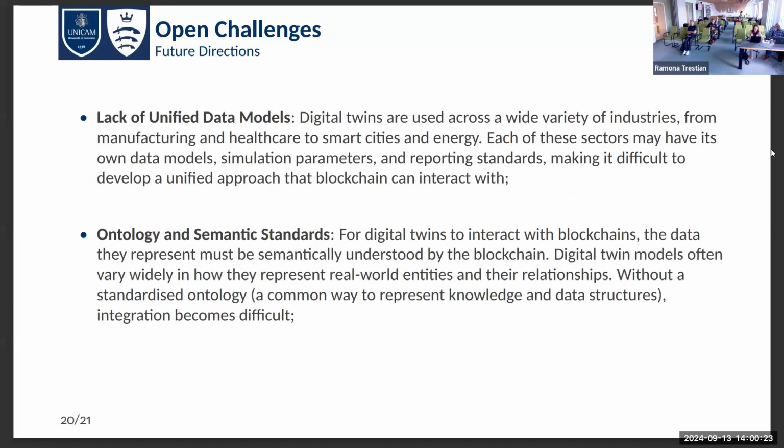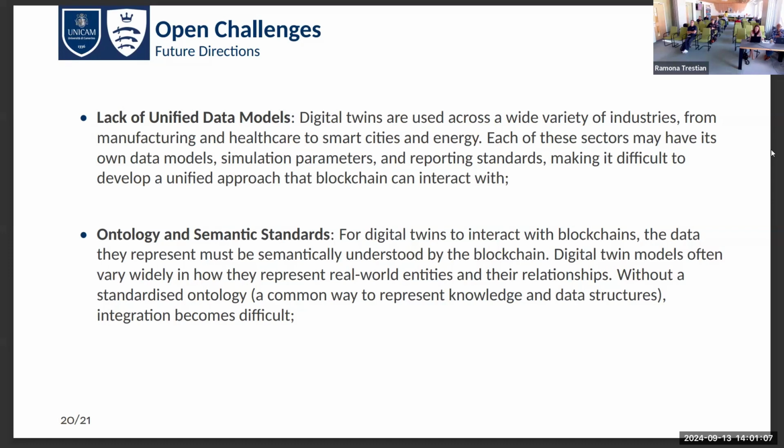And clearly, we also have a lack of unified data models for digital twins, because today the application of the digital twin in different sectors, for example healthcare, manufacturing systems, smart city, all these sectors have mainly different needs and different properties, so the solution that we are going to codify in the digital twin could be very different from each other. At the same time, it makes it difficult to integrate the blockchain in all of these different situations. It also happens because we have a different rate of synchronization and different kinds of fidelity of the digital twin with respect to the physical object that we are going to address.